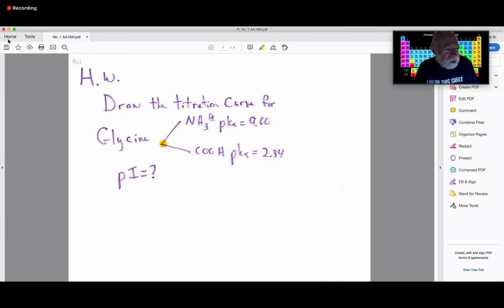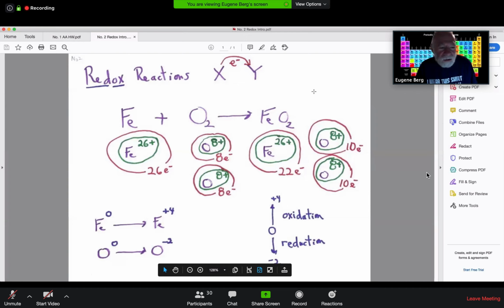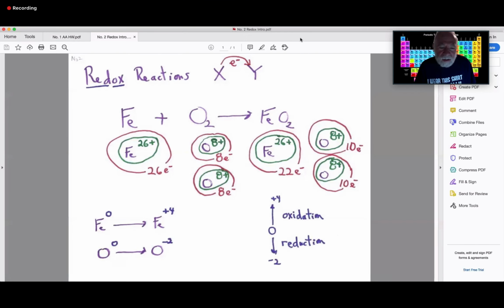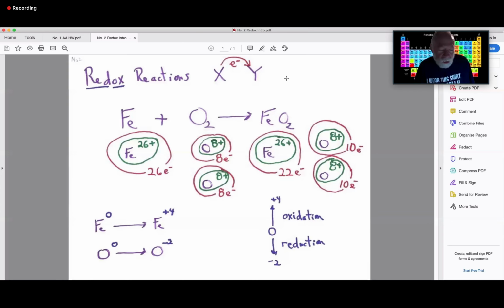Okay, to get into our next unit, it's entitled Redox Reactions. In chemistry, we like to classify reactions according to what's being passed. For example, in a Bronsted reaction, remember, the hydrogen ions were passed. In a redox reaction, it's electrons that are being passed. I would estimate that about 80% of the reactions in your body are redox reactions, so they really are